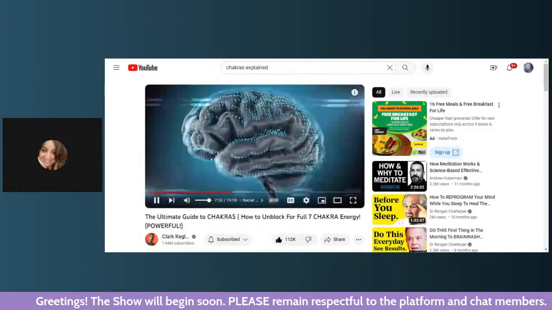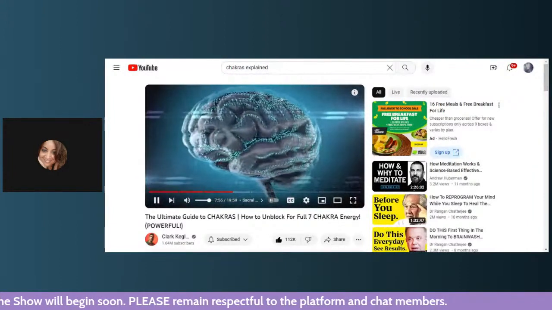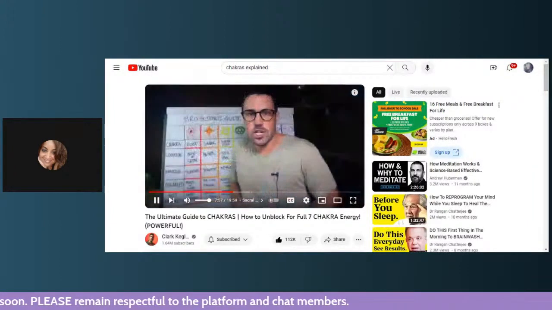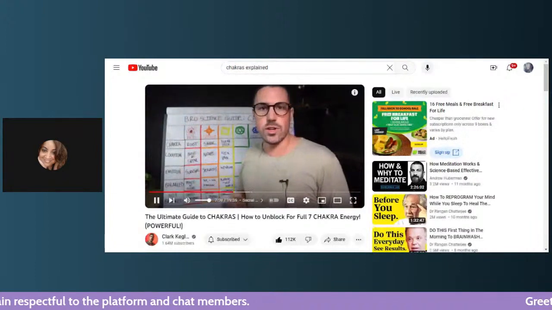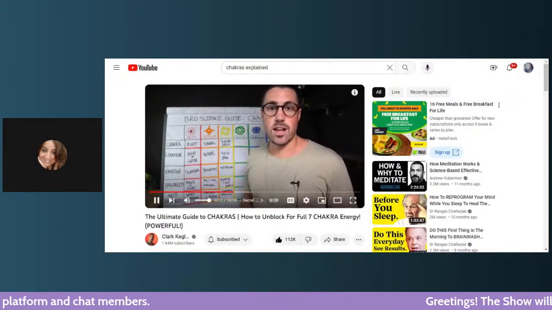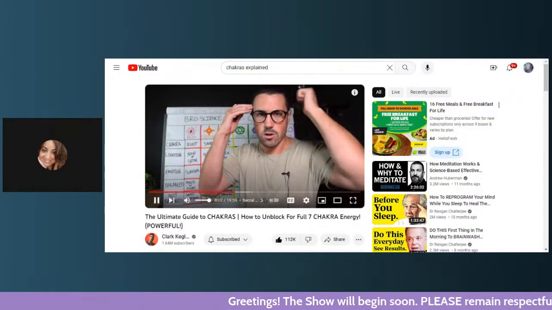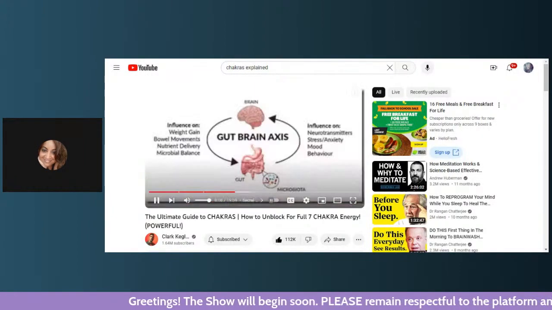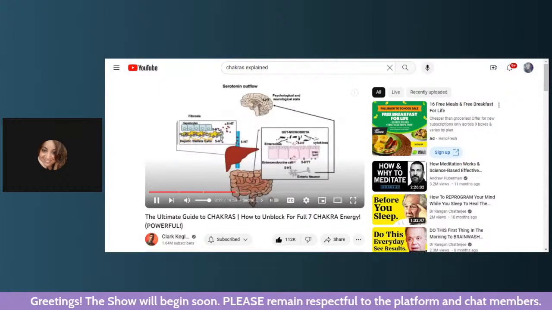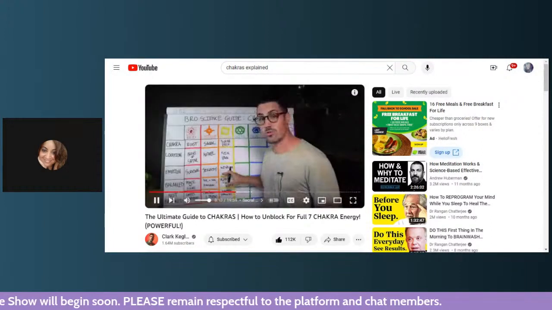You are more bacteria than cells in your body. Billions, if not trillions, of little microbes function in there, absorbing all the nutrients and feeding them to your brain. They can also produce hormones in your gut. Most of your serotonin, the feel-good, happy hormone, is not produced in your noggin right here. It's produced in your gut, 90% of it. Isn't that fascinating? So before I get ranting and raving about the gut and turn this into a nutrition video,